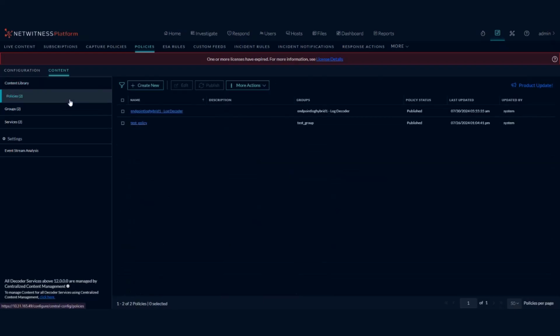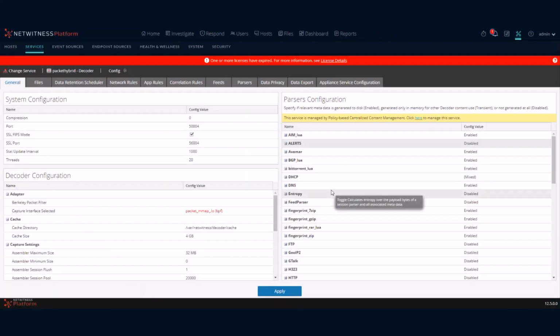I'll explain how to use it. There are two parts here: one is the fresh install, and the other one is the upgrade. Let me explain the upgrade scenario first. On upgrade, there are two possibilities: the customers who don't use CCM, or the customers who are using CCM and have some policies and groups created. For the customer who doesn't use CCM and prefers to use CCM, once they upgrade to 12.5, we will